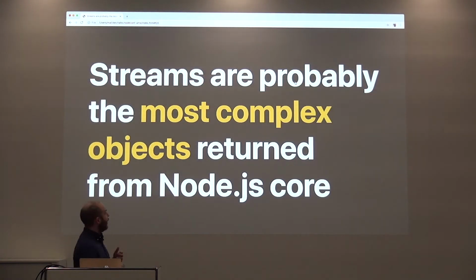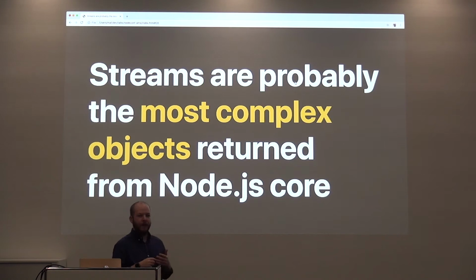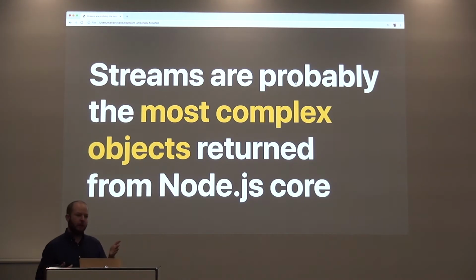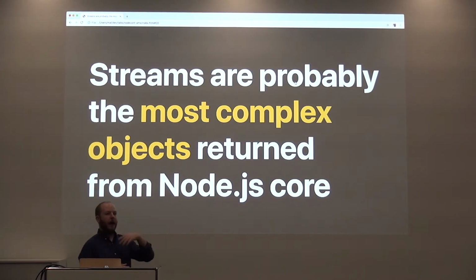And that's because if you think about Node core and what you get from Node core, the APIs you get from Node core are actually very simple. Most of them are: read file, pass in a string, and you get a buffer back. Or gzip, pass in a buffer, you get a smaller buffer back. Or HTTP, run a server. The only thing you get back from Node core that is not just a buffer or a string is most of the time these stream things, because with these stream things you get an object back, it has 1,000 methods on it, and a bunch of documentation. It's very complex.